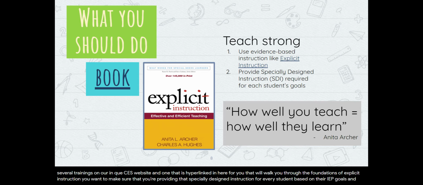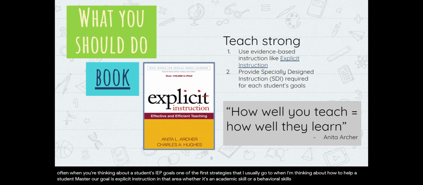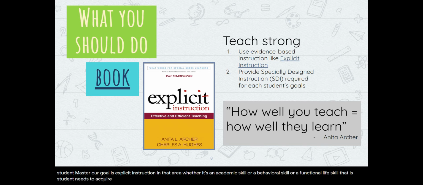And often when you're thinking about a student's IEP goals, one of the first strategies that I usually go to when I'm thinking about how to help a student master a goal is explicit instruction in that area, whether it's an academic skill or a behavioral skill or a functional life skill that a student needs to acquire. In every situation I can think of right now, I needed to provide some explicit instruction in how a student